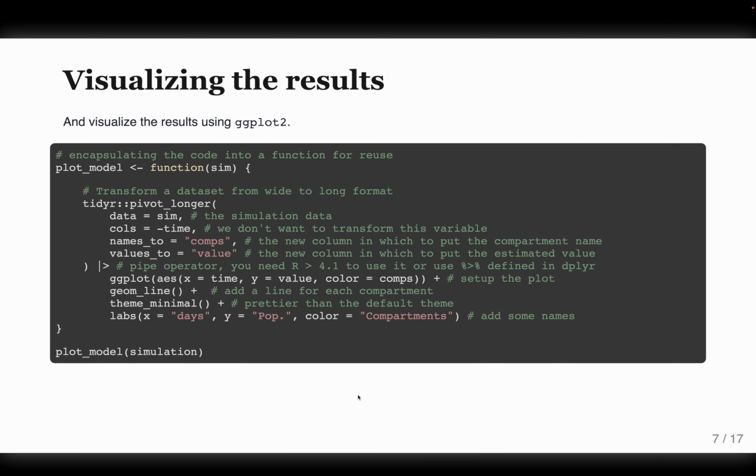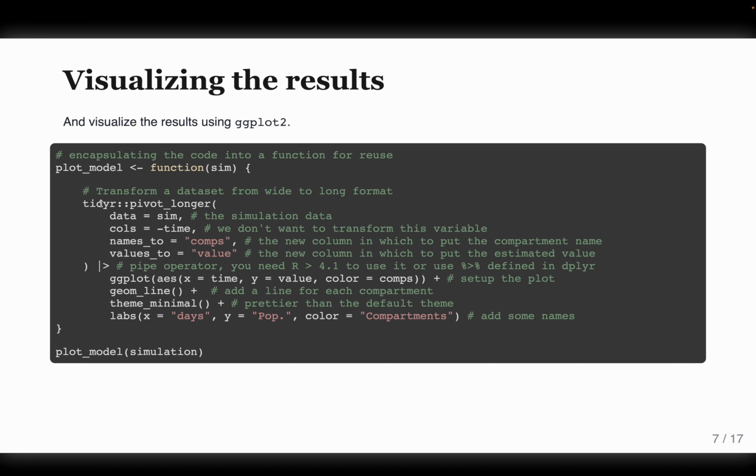Finally, we want to visualize the results. For this purpose, we will use the package ggplot2, which I suggest you learn about, since it's very useful for making professional-looking plots. We want to incorporate our plotting code into a function so that we can reuse it every time without rewriting all the code. So before plotting, we need to transform the data using the pivot_longer function